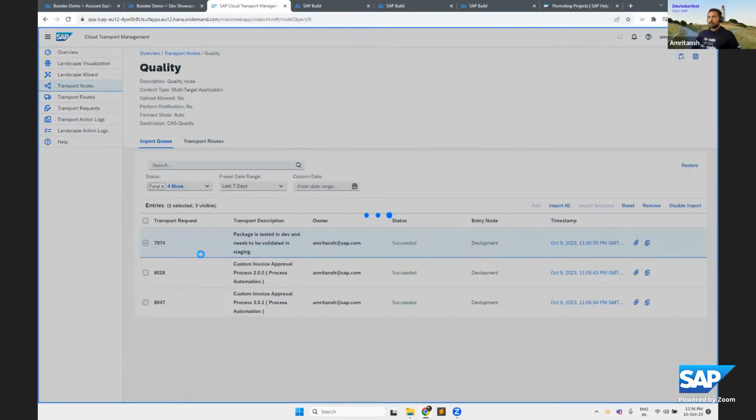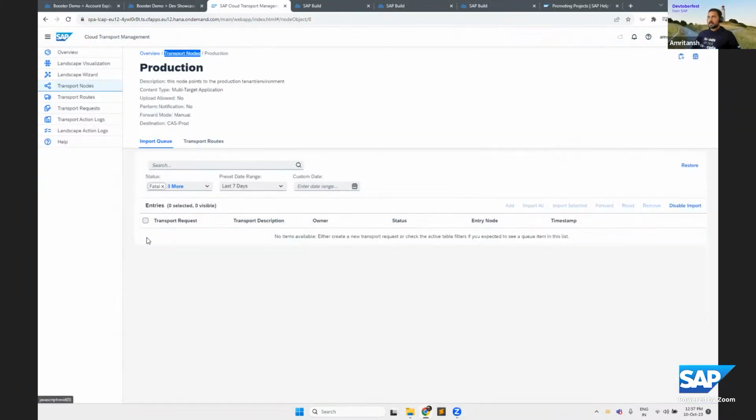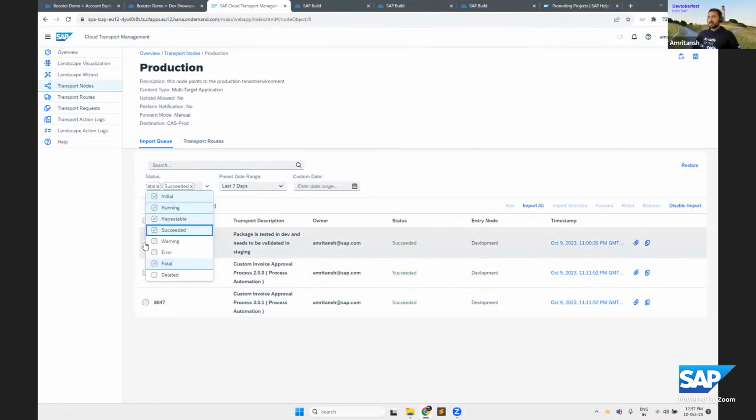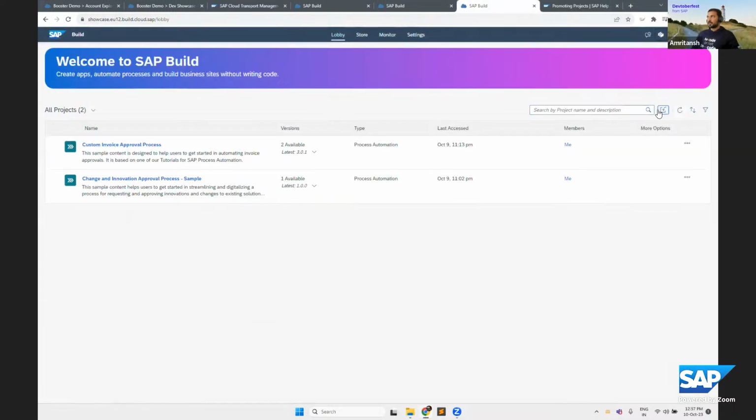If I go to the production node, I will again see the transport request here with the status in progress or awaiting approval. As an IT admin, I can select the content from the list and click on import selected, and the content would then go and sit in the production landscape.